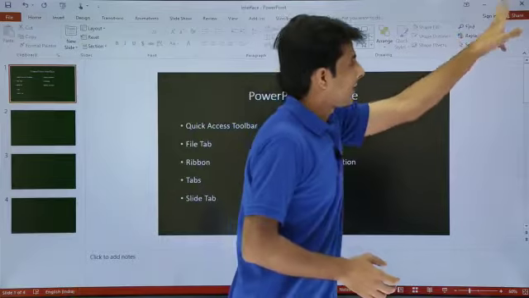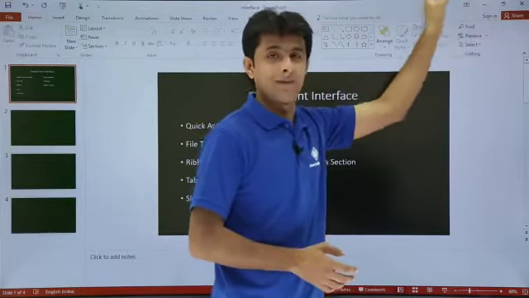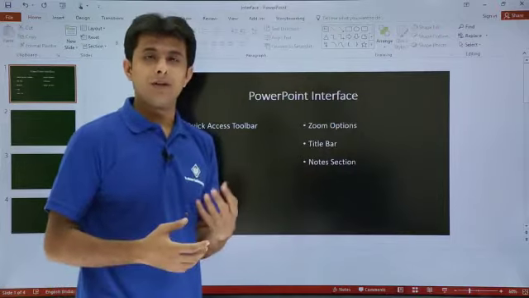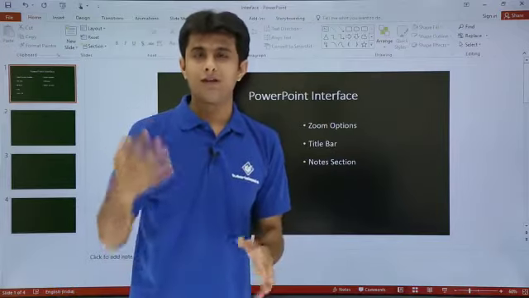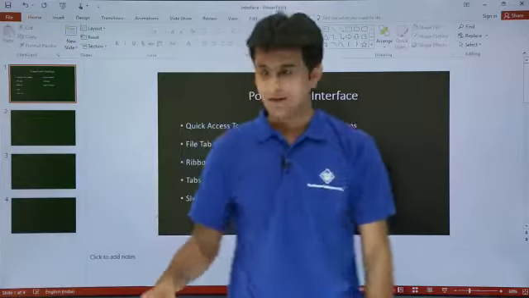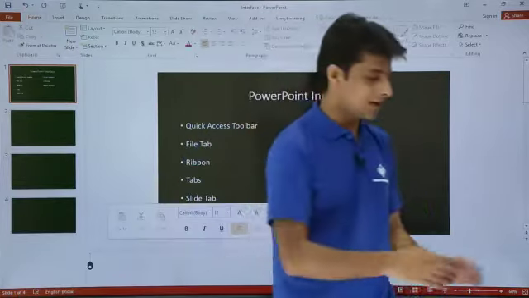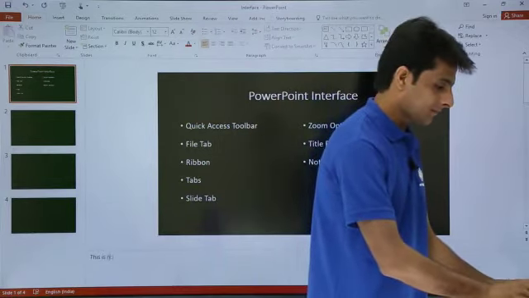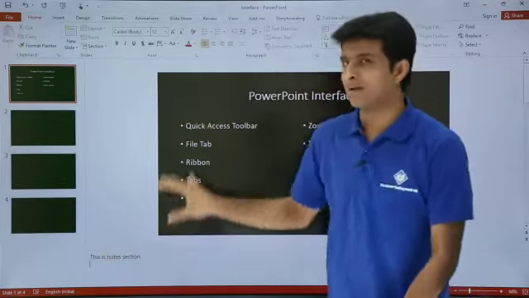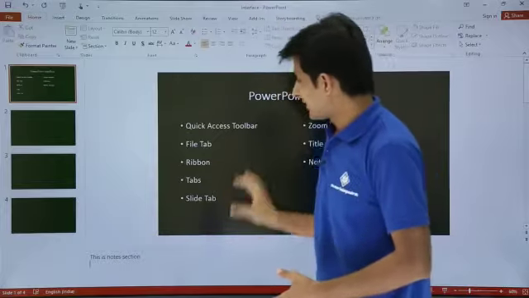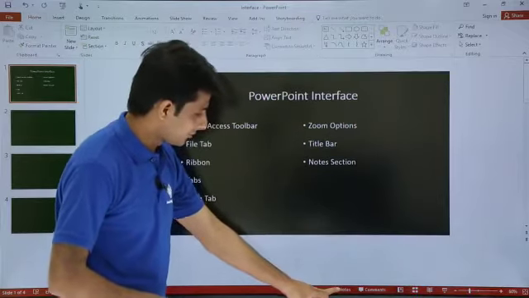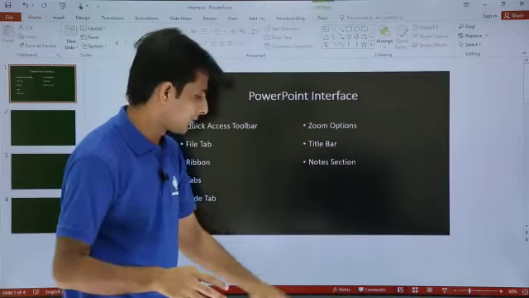On the right hand side of the title bar, you see there are the cross, maximize, minimize, close, the shortcut buttons. And the last one, I have the notes section. When you go for a presentation, you need some speaker notes. When the speaker speaks, there are some notes which only the speaker can see. If you see at the bottom, that is the notes section here. It says click to add notes, and you can start typing here. This is the place where the notes are written for a particular slide. You don't want the end user to see that. So these are all the different things available at the bottom of the screen. If you want to hide or show the notes, you can just click on this notes tab. The notes section will be hidden and it can be shown.